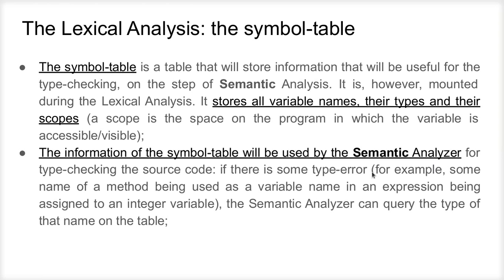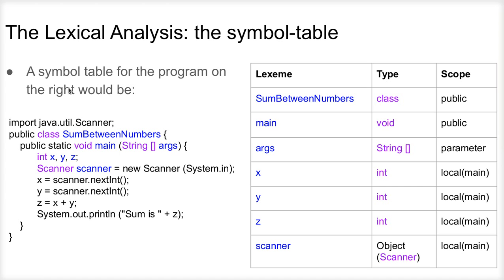If there is some type error, for example, some name of a method being used as a variable name in an expression being assigned to an integer variable, the semantic analyzer can query the type of that name on the table. So a symbol table for the program below would be